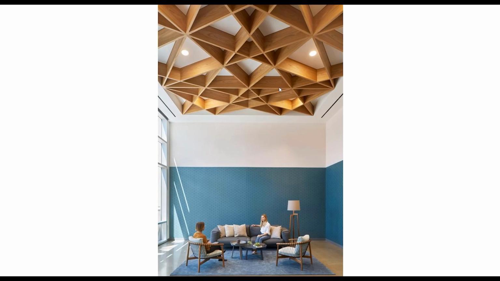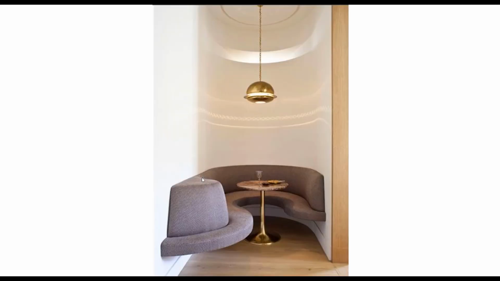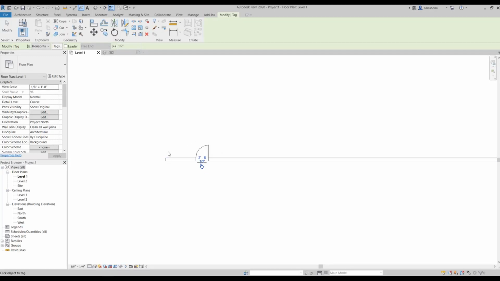The same is here. And in this slide, actually, you can see that this whole gray part of the wall is an extrusion of a shape. Or even this bench, we have one extrusion here and the other here. So this way you can create cool things and objects in your model. Now let's get back to Revit. Let me delete these.